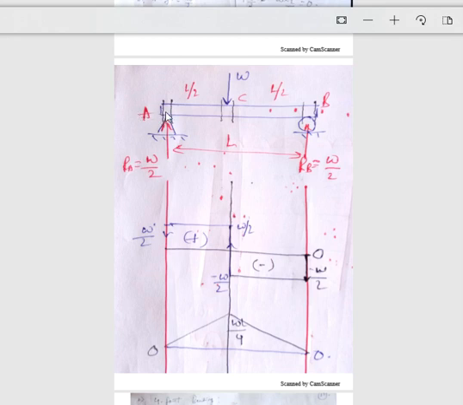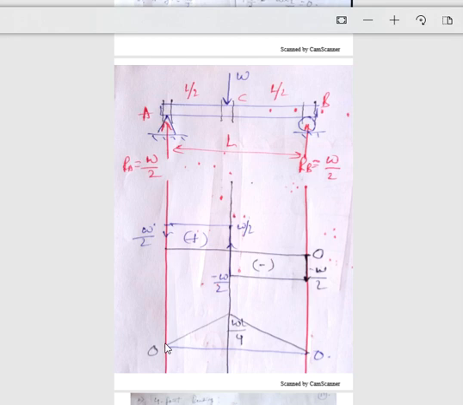If I come from the left-hand side, with respect to this section there is one force to the left, that is W by 2. There is a force, but is there any perpendicular distance? No, the perpendicular distance is 0. So bending moment, which is force into perpendicular distance, force into 0, will become 0. So at this section the bending moment will be 0. Similarly, if you consider this section, towards the left of this section there is no force. If there is no force, then there won't be any bending moment. So at this point the bending moment will be 0.